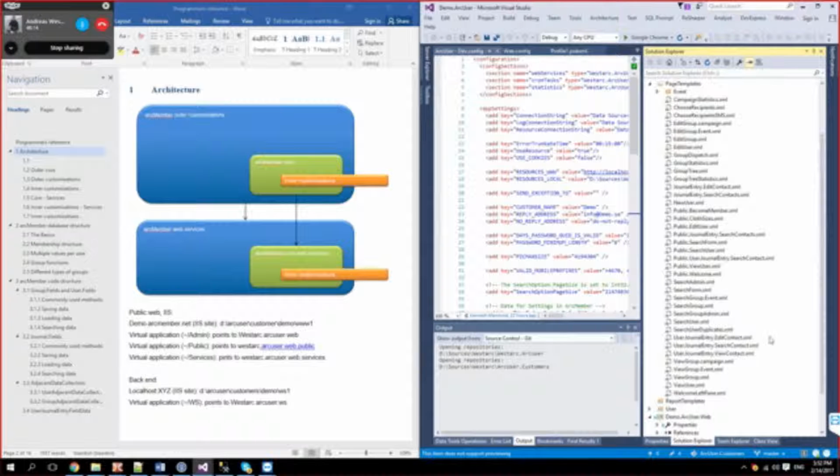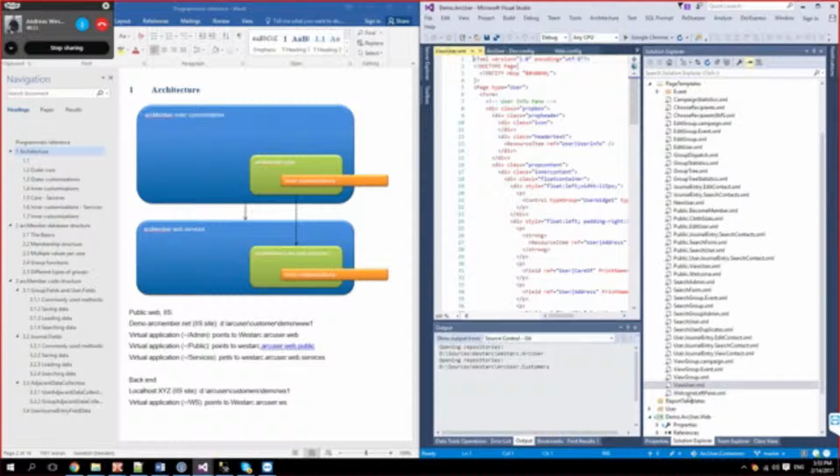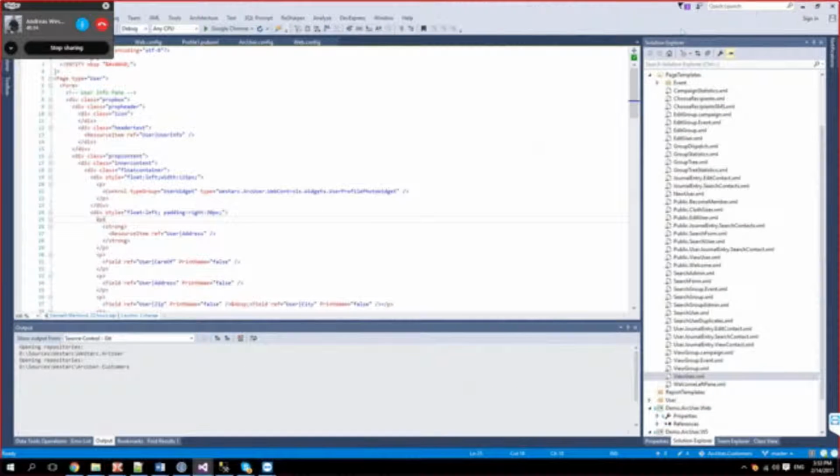So now further on, we take a brief look at the template system. When we look at a user, just view a user, we use this view user template. So I'll switch to full screen here.